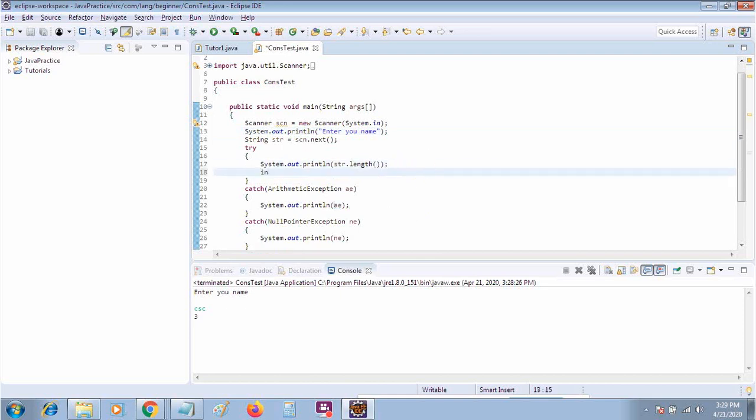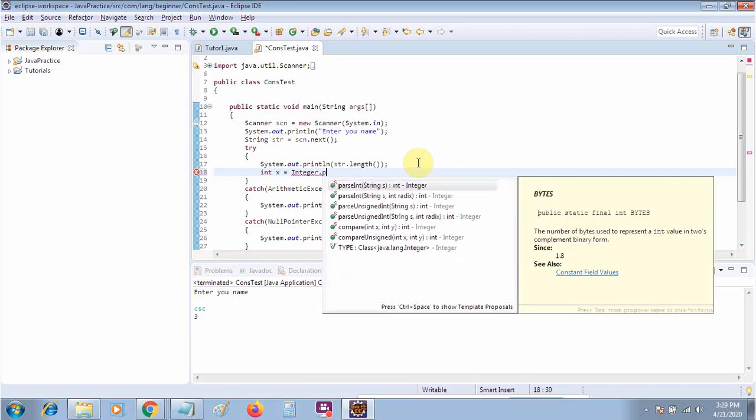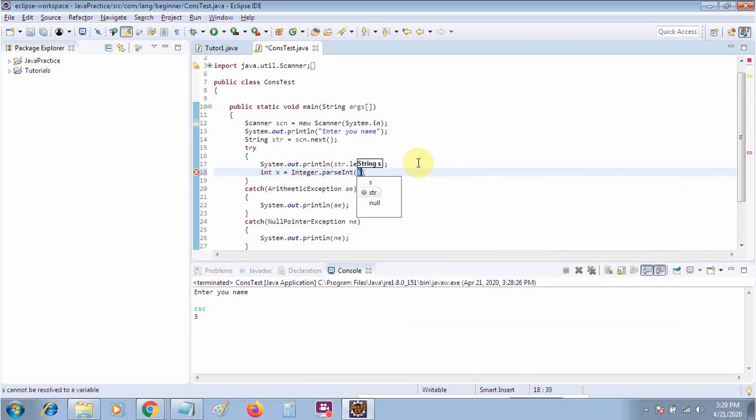You can say int x is equal to Integer.parseInt(str). Now let me run this one.